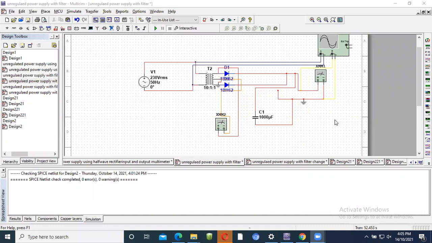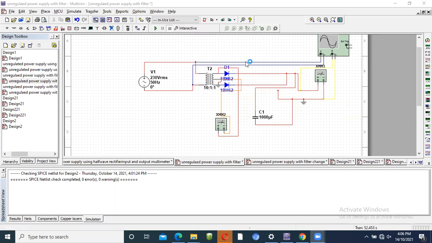Yes, sir. Whatever circuit we have to design, that should be shown with you. तुमचा आवाज येत नाही, हेडफोन ओके, माझा तर येतोय ना. ओके.